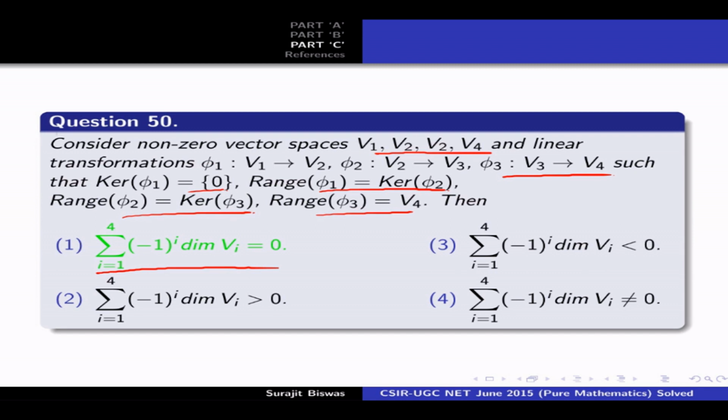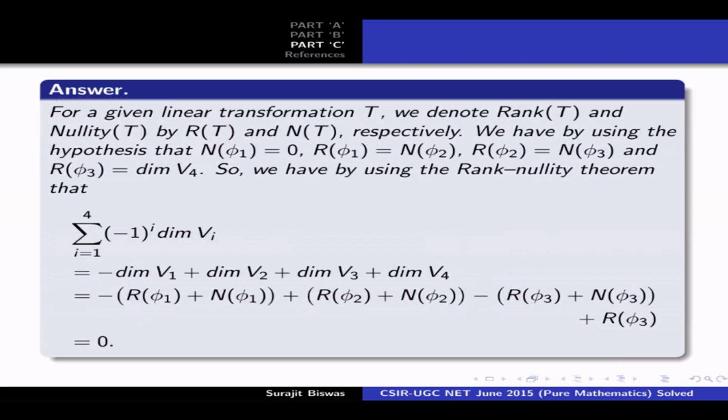So here we'll use the rank nullity theorem to split each of these dimensions Vi in terms of rank and nullity, and then we'll cancel and see what is the left out part. For a given linear transformation T, we denote rank T and nullity T by RT and NT respectively. We have then, by using the hypothesis that n phi1 equal to 0,